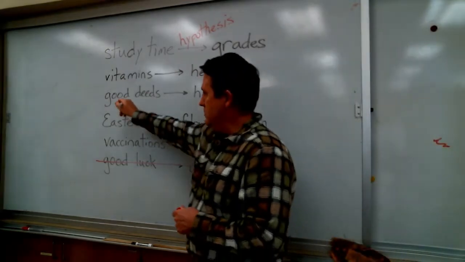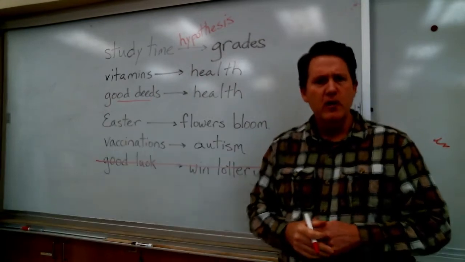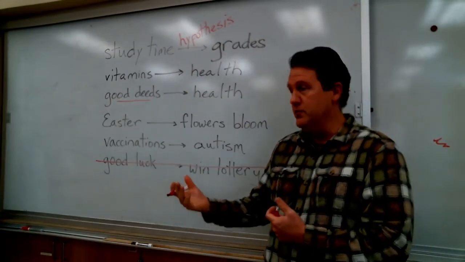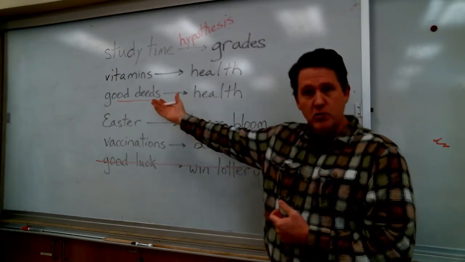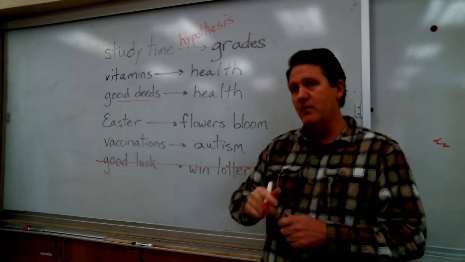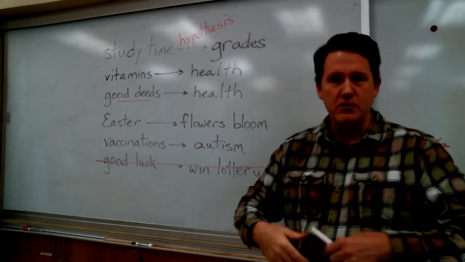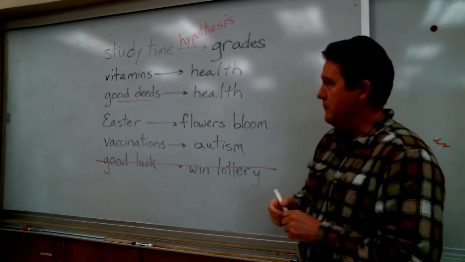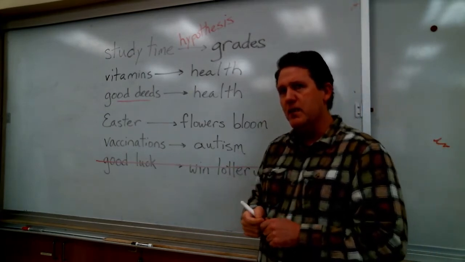This one seems a little suspect to me, right? Good deeds causes you to have health, or has an effect on your health, is what this is saying. I guess if you don't do good deeds, the implication is that your health would suffer. And that may very well be true. Maybe your guilt causes high blood pressure. It may be an area where social science could get at it, but I think we'd have a little difficult time in biology